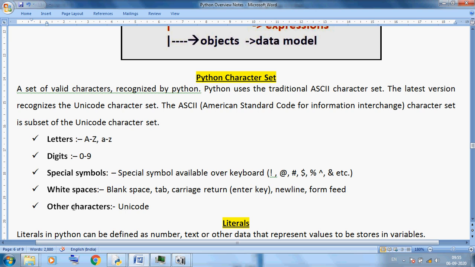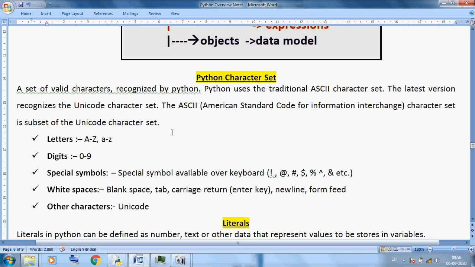Then Unicode: Python has the power to let us write code in other languages such as Chinese, Korean, Japanese. This is a great feature. So Python programs are composed of letters, numbers, special symbols, and the enter key. This is the Python character set.